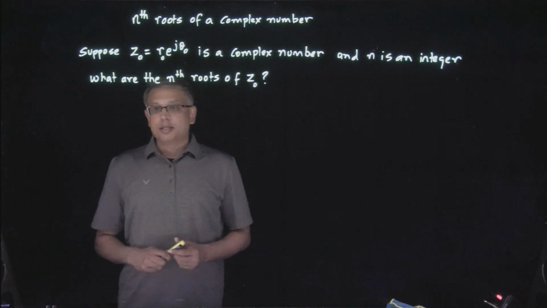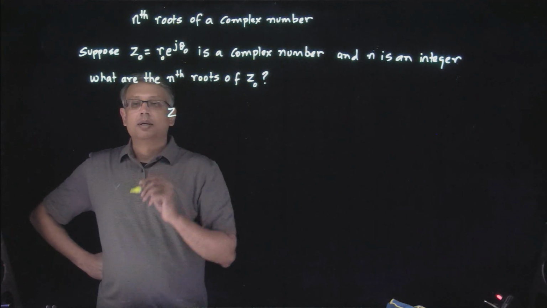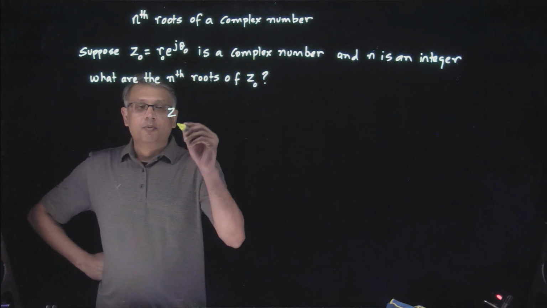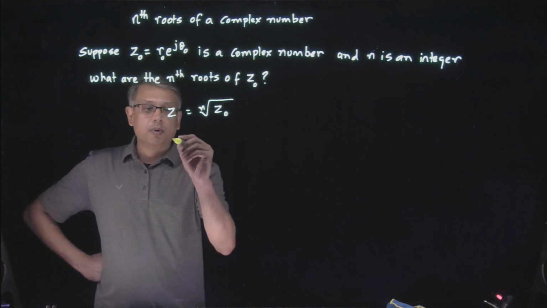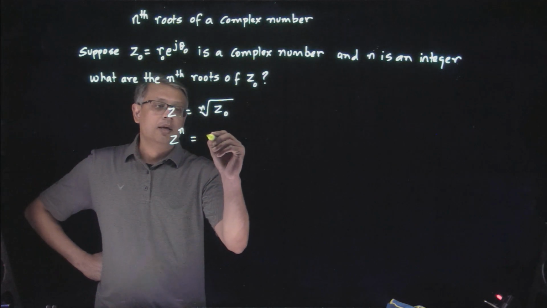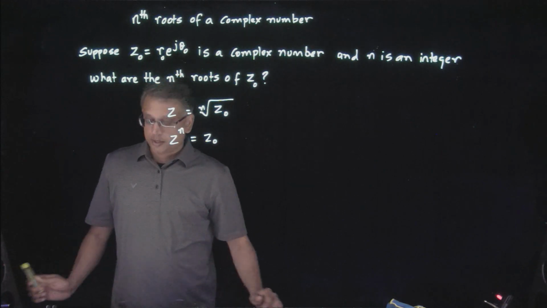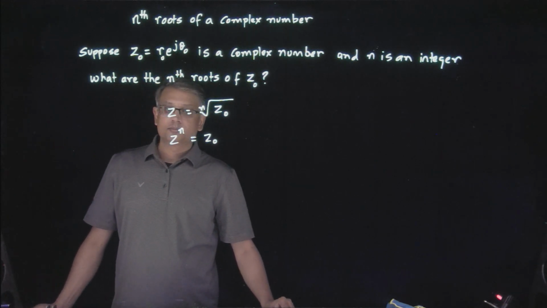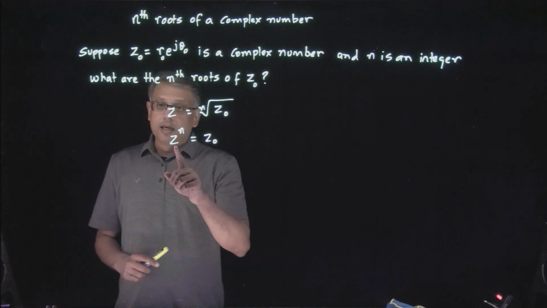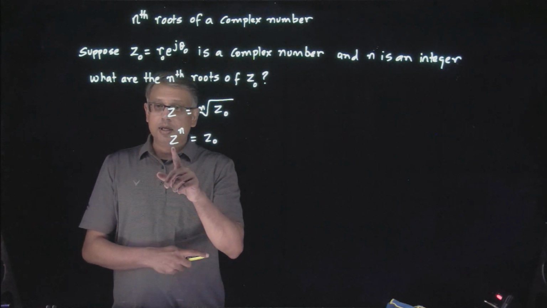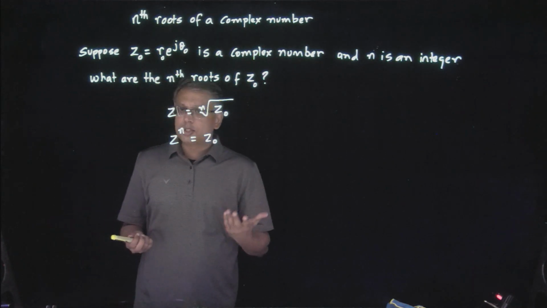So what exactly does that mean? What that means is we are asking for a complex number z, which is the nth root of z naught, or equivalently, we are asking for a complex number z such that if you raise z to power n, you get any given complex number called z naught, right? Now, it turns out that there are n such numbers z, which if you raise to power n will give you any given complex number z naught. And to see this,